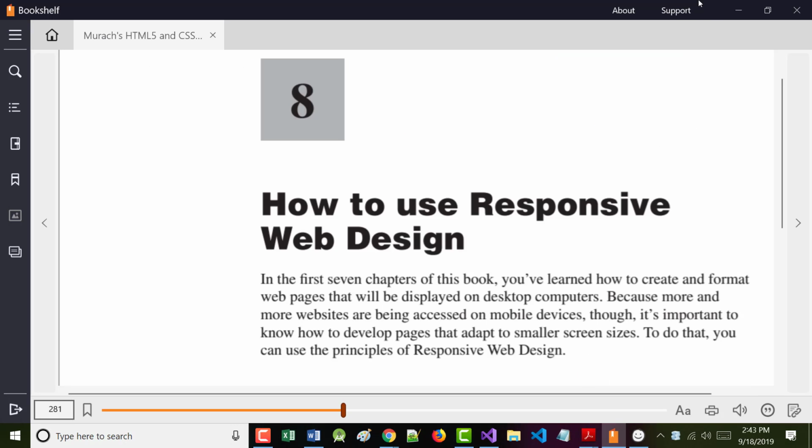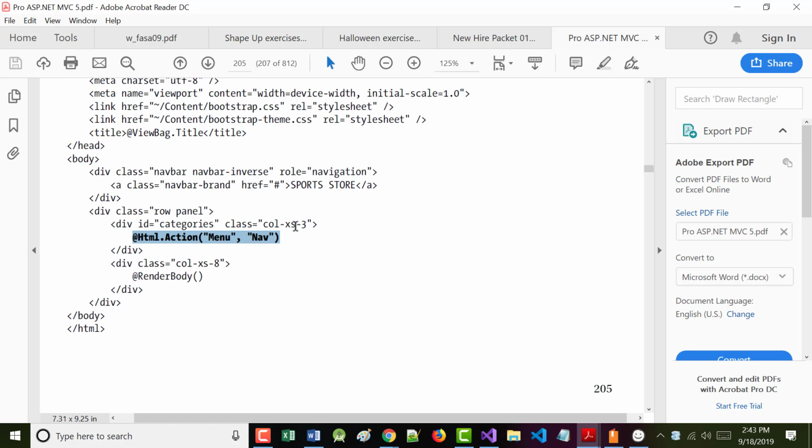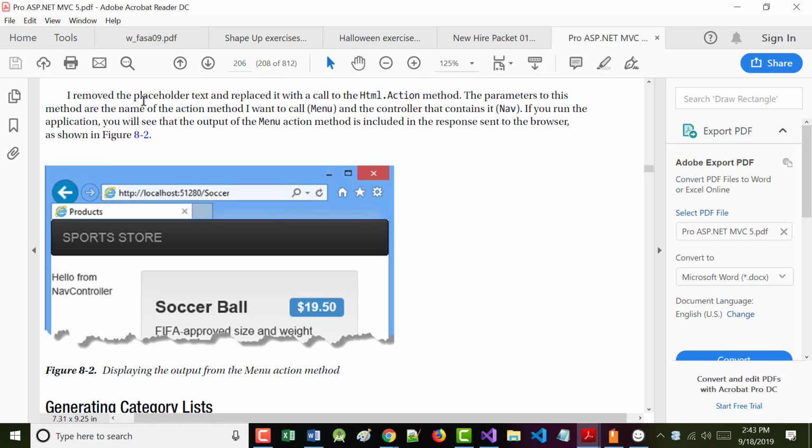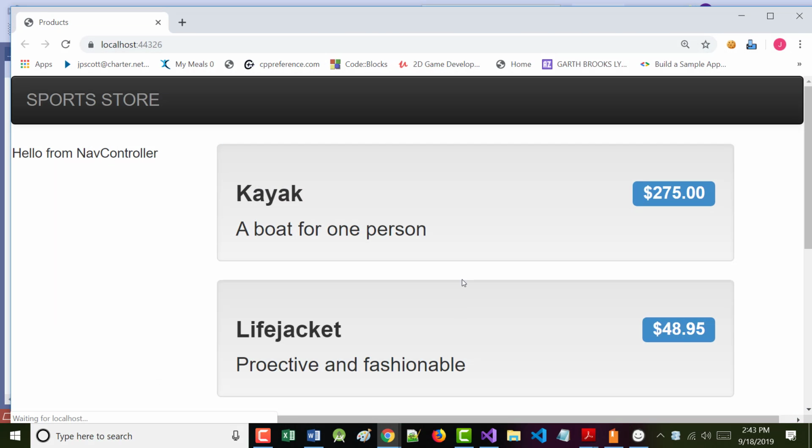While it's getting ready, the book says we removed the placeholder text and replaced it with this. That's what should show here: Hello from Nav Controller. Let's see if indeed that's what happened.